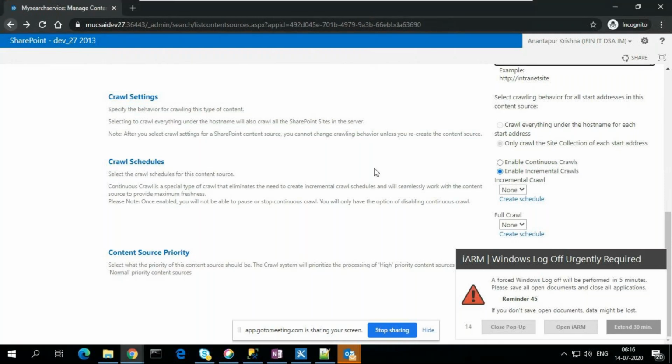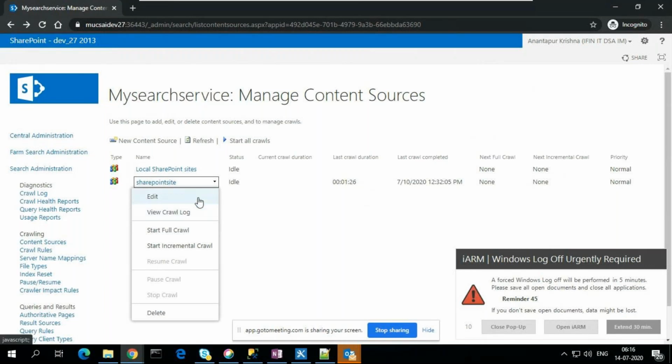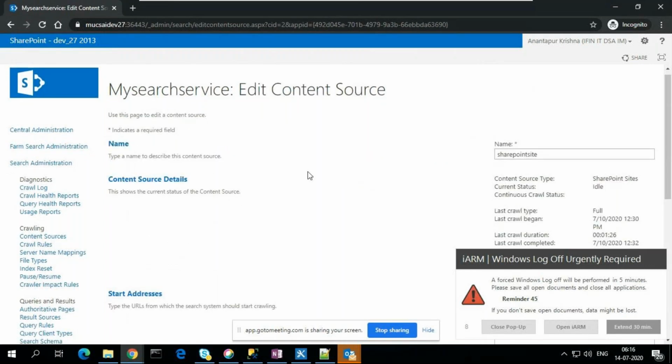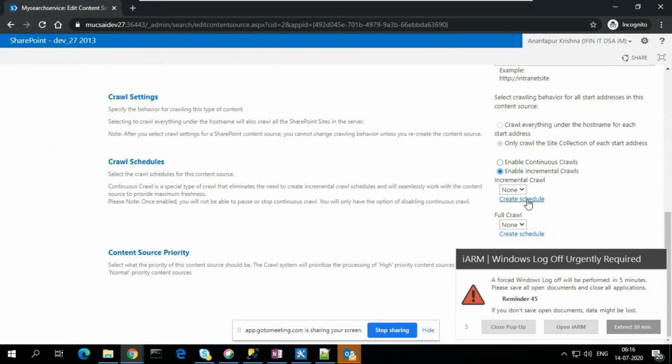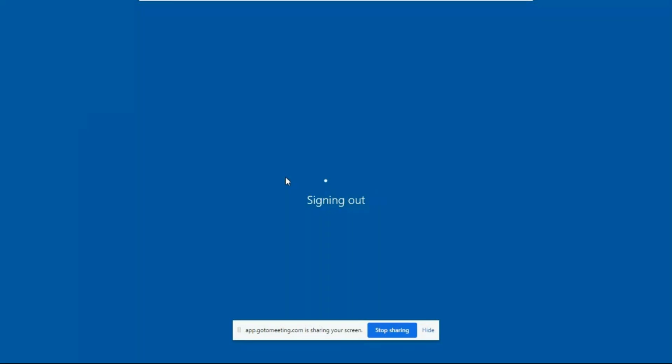Full crawl and incremental crawl, and continuous crawl also, like this. Incremental crawl, you can create a schedule also here, daily, weekly, run every one day, or